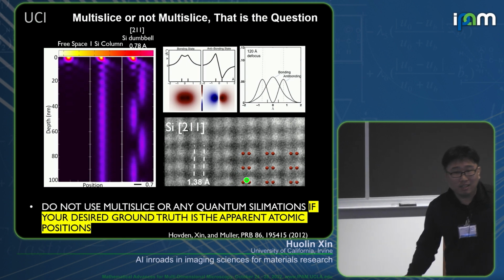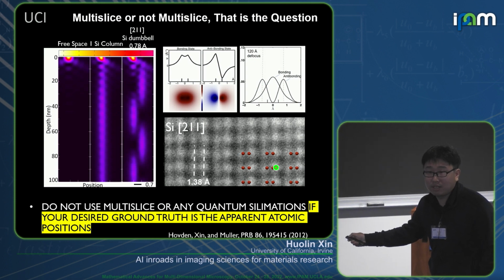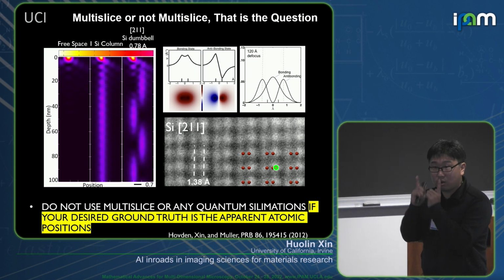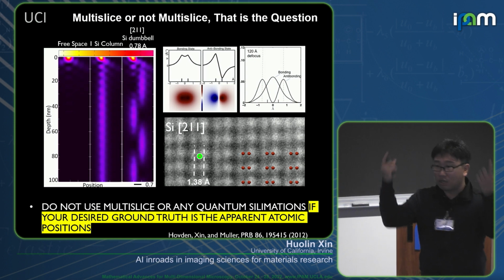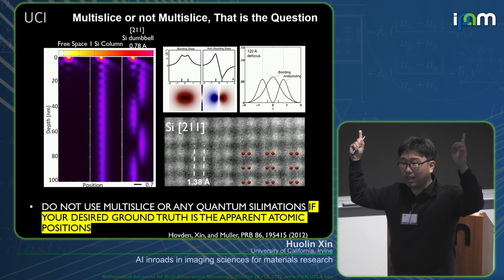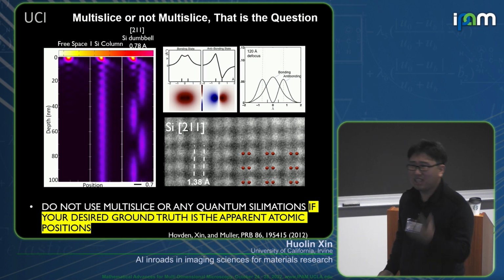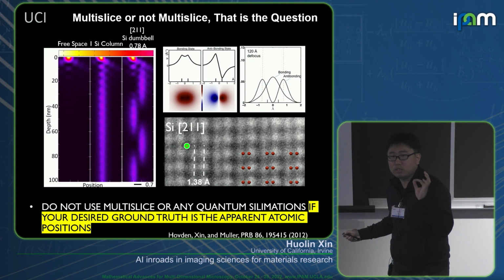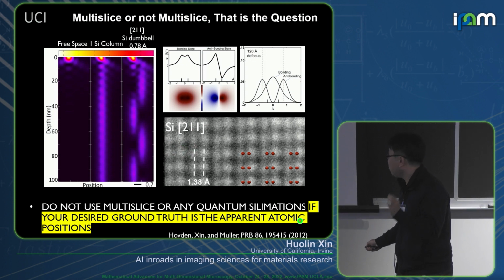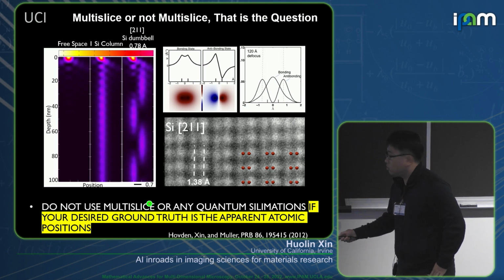So what does it mean? If I were to simulate this image using multi-slice, my ground truths are still where the atomic columns are, which is 0.78 angstroms apart, but this image is going to give me a parent location that's 1.38, right? And that's not going to converge in terms of modeling. That'll give you an incorrect convergence, right? If what you want to do with your neural network is to tell the parent position of the atomic column, do not use multi-slice or any